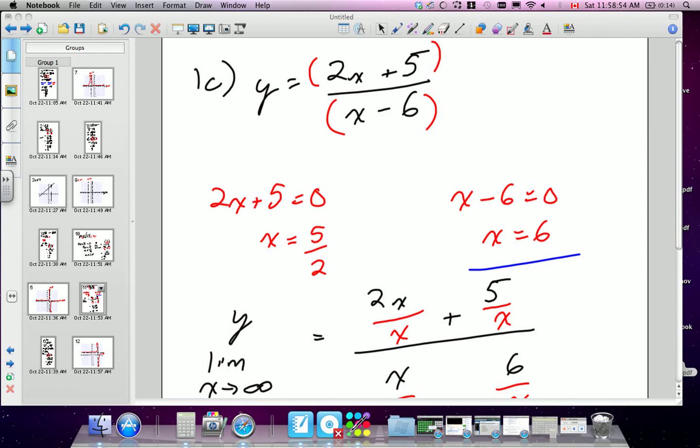Yeah. The reason we did this is just to check if these two are the same. Because they're not, it doesn't cause a hole in the graph. Now this, it doesn't matter what that is. That's not a vertical asymptote. It's only the bottom of a fraction that causes